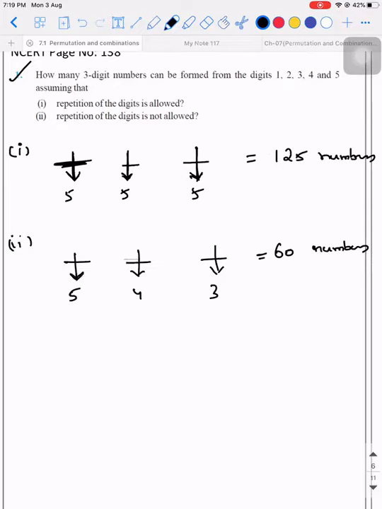Whereas in this case, I have 5 possibilities. I can either put 1 or 2 or 3 or 4 or 5. If I have used one number here, how many numbers are left in your hand? 4. So that is why I'm putting 4 here. So I have 4 possibilities. Out of the 4 possibilities, you would have used one number here. So how many numbers are left in your hand? Understood, sir. Yes.